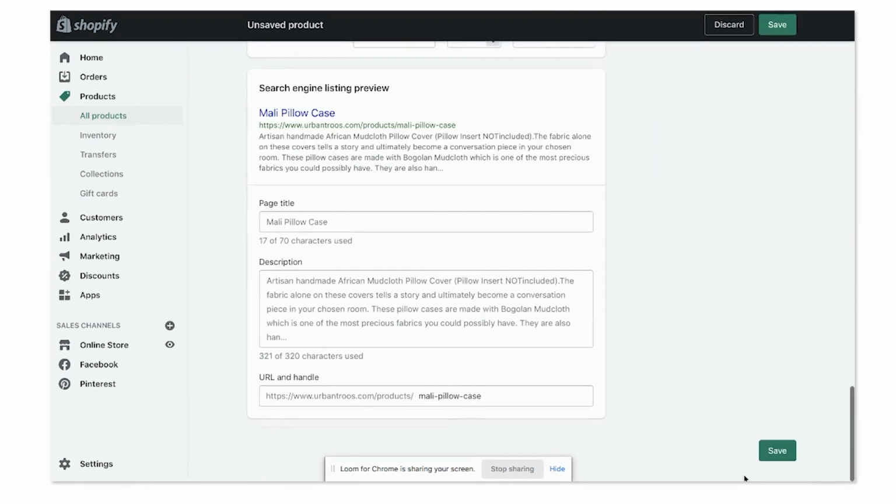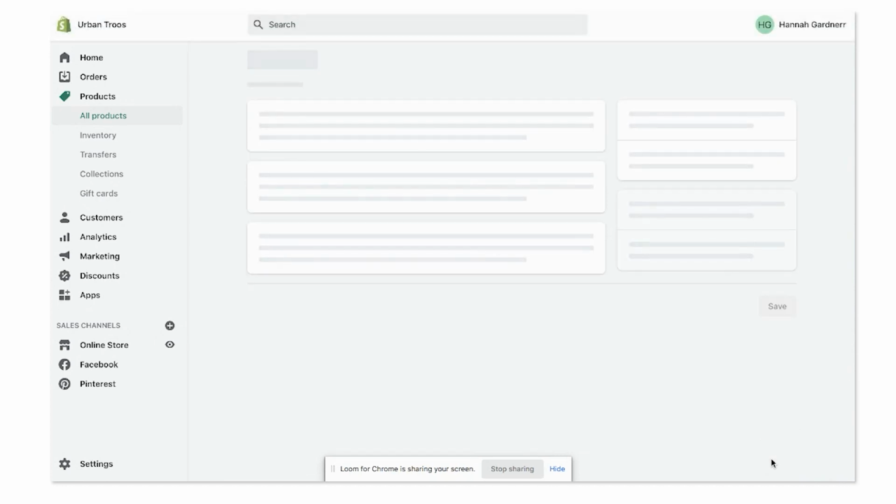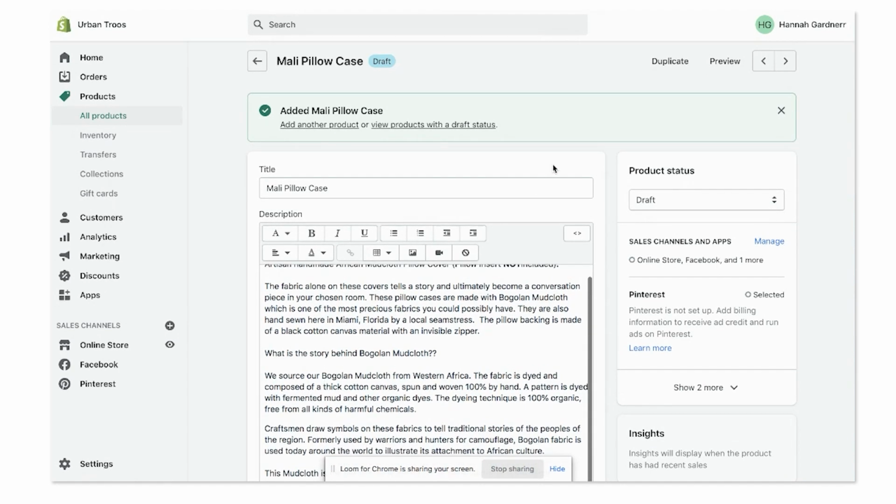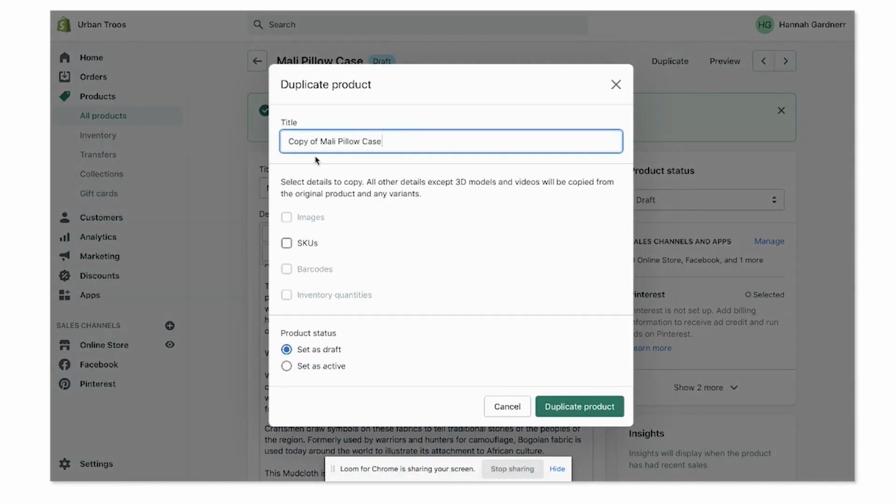So yeah, let me just save this here real quick, and I'm going to show you that duplicate listing thing right here. So say this is still in draft, obviously it's not published. If it was published, say you wanted to set up another listing that's similar to this, you would come up here and duplicate it like this. You're going to want to change the title,